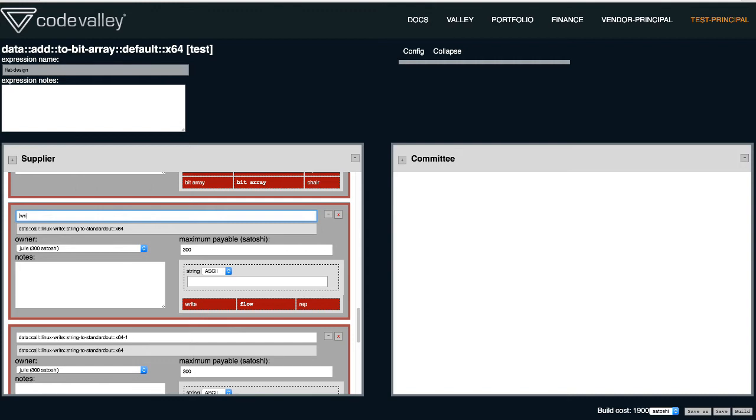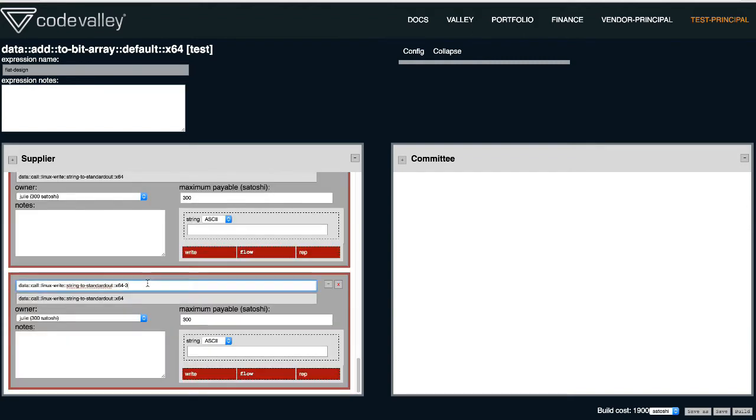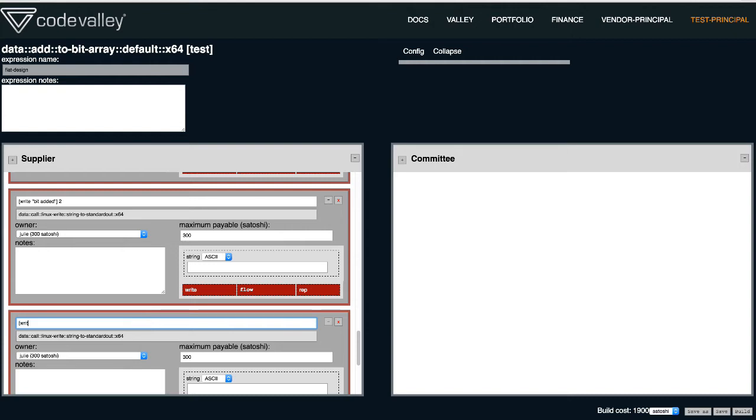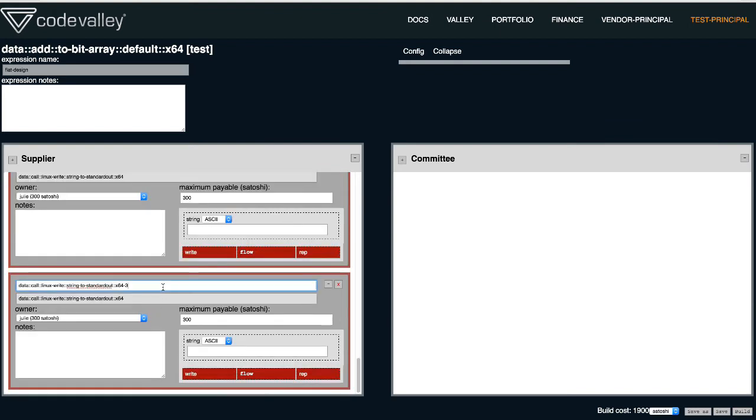So, write bit added 1 and 2, write index out of bounds, first one, and